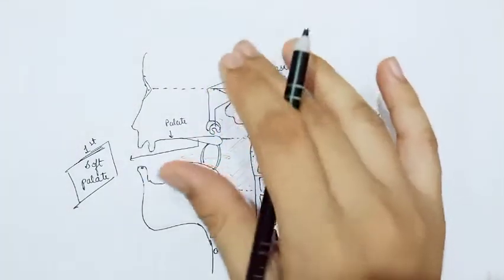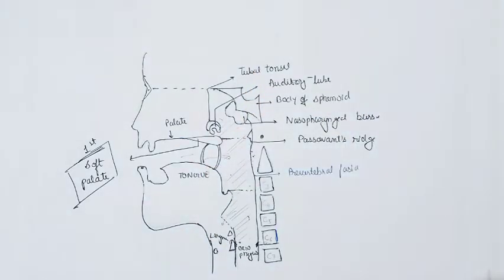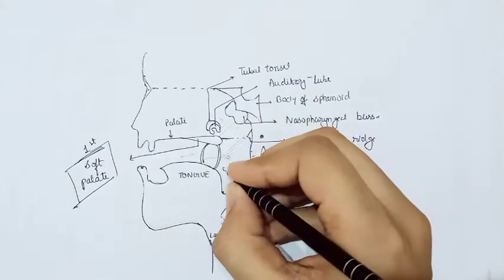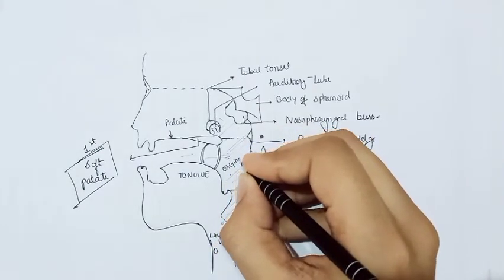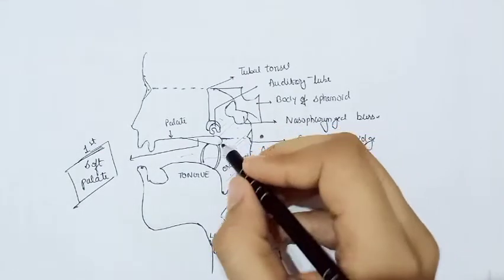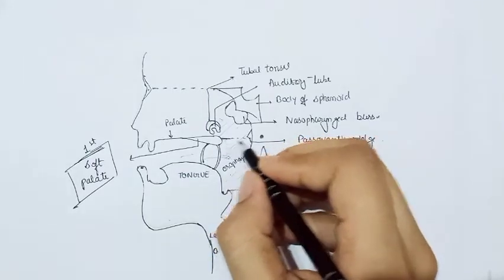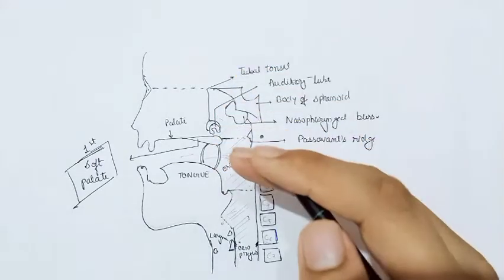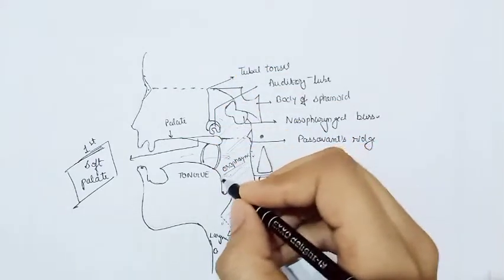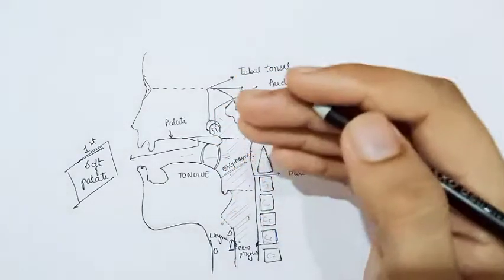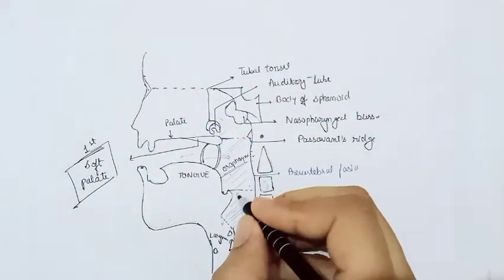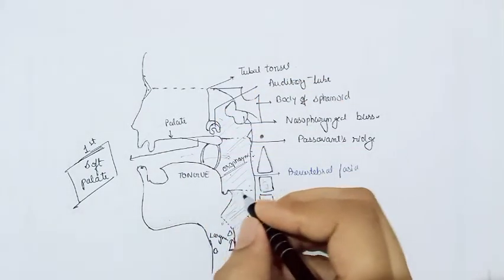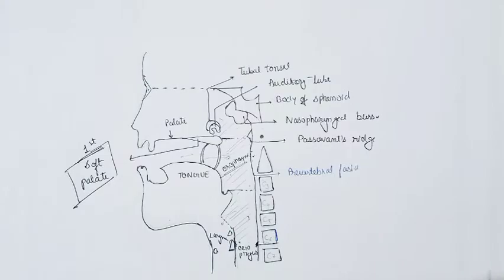So this was the extent of the nasopharynx. So you have got the upper margin of the oropharynx. This whole part is the oropharynx. We have got the upper margin of the oropharynx, that is the soft palate. Below the level of the soft palate, the oropharynx starts. So we have to define its lower boundary. The lower boundary of the oropharynx is the upper border of the epiglottis.